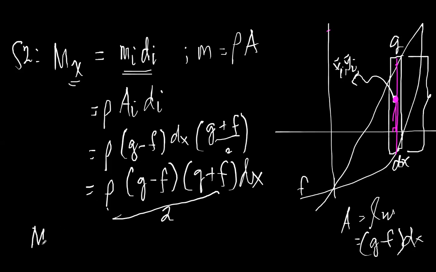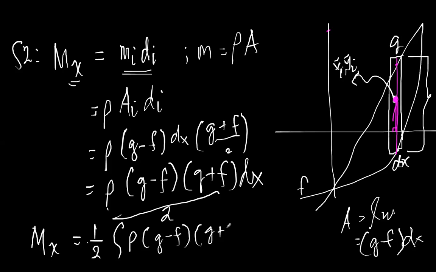So the moment about the x-axis is equal to 1 over 2. I converted the denominator as the coefficient of the integral, rho g minus f and g plus f dx. Actually, you can rewrite this integral expression as g squared minus f squared, and then the rho can be placed here as the coefficient because rho is constant. All right, so let's write the formula here. M sub x is equal to rho over 2 times the